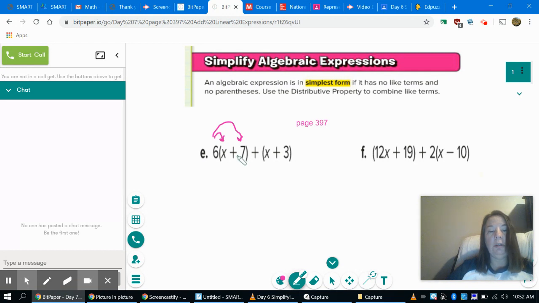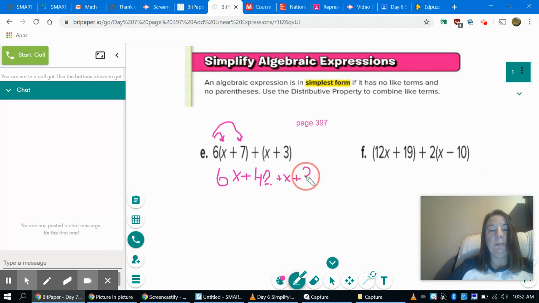So if we use the distributive property, that means we have 6 x's plus 6 sevens, so 6 times 7 is 42. Now, we do not have a factor outside this quantity, so that means we only have one copy of x plus 3. So I'm going to rewrite that without the parentheses since we only have one copy of this,